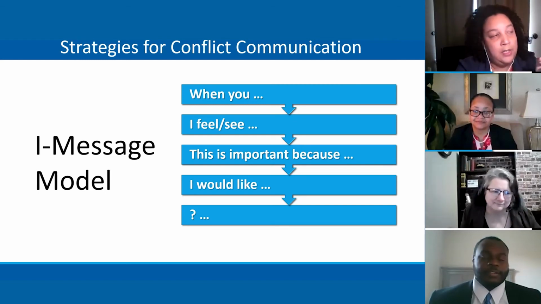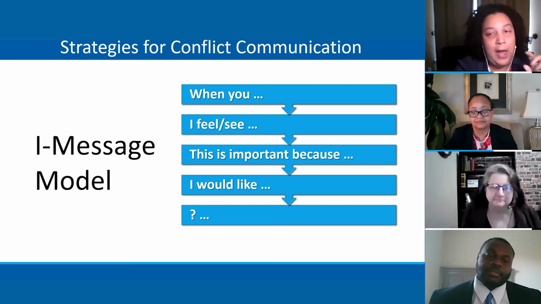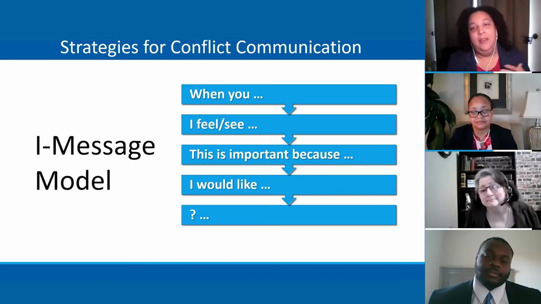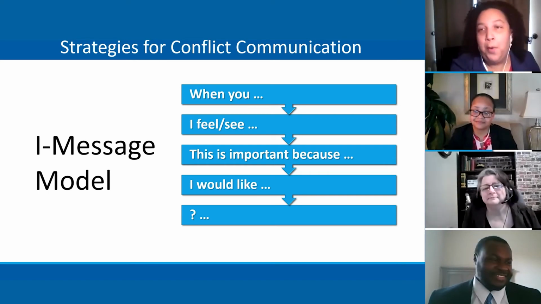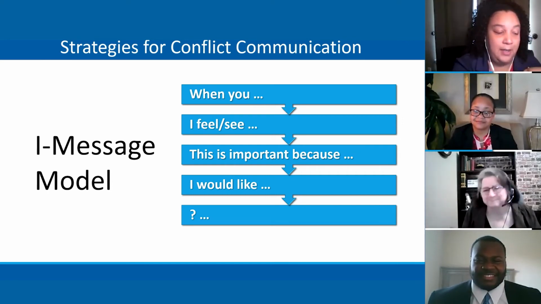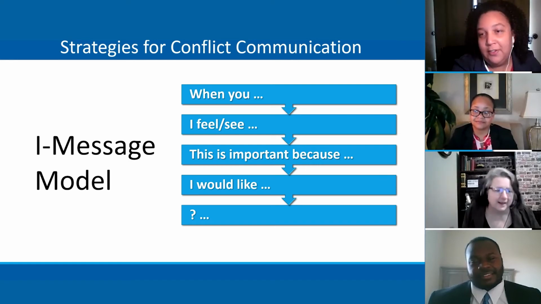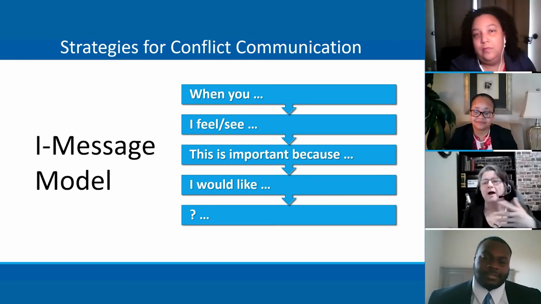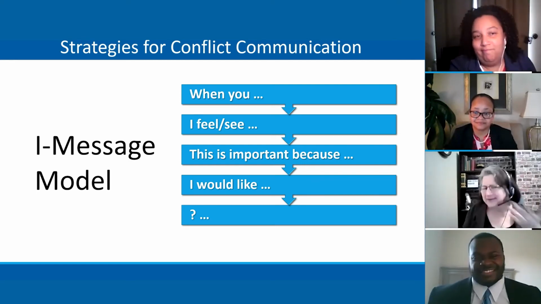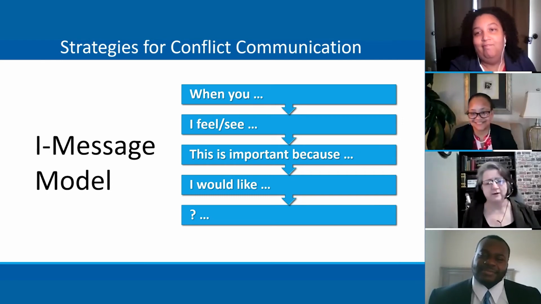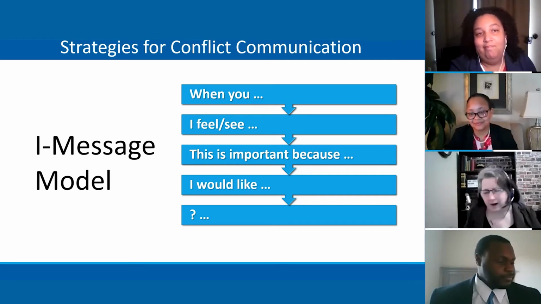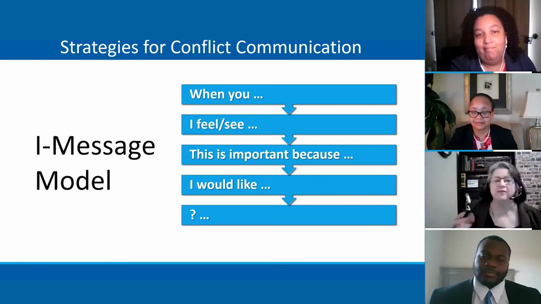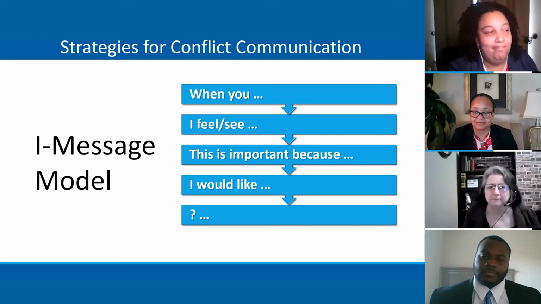And I also like the fact that you said you can change it from I feel to I see. Just because with me, I don't like saying the I feel part, because when I think of feel, I think of me saying how I'm feeling. Yes, I know what you mean. A lot of people have said that. I always felt funny saying, I feel, but we're not talking feelings. So I kind of understood that. And that's why I said we could say I see, or I noticed, or I observed, or whatever, just showing the result of the when you, whatever happens in the when you. Really is a cool tool. And I really enjoy using that one.